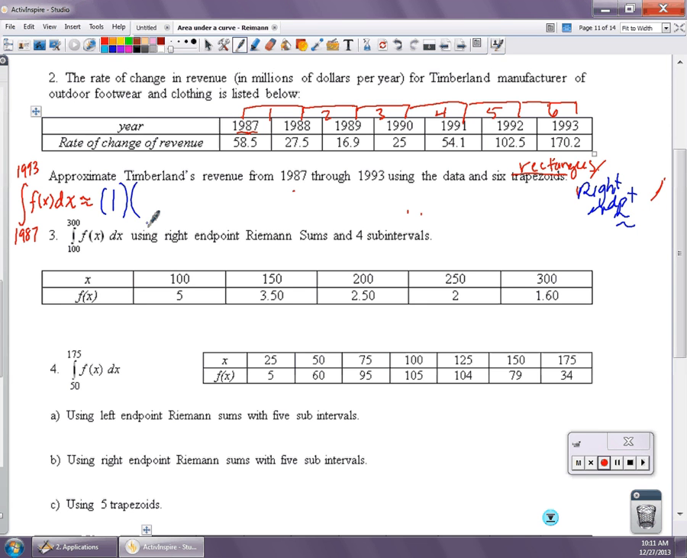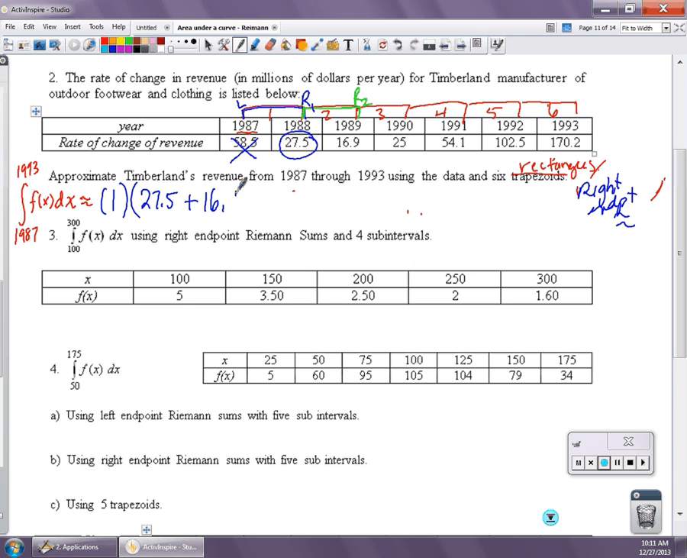Now, the width of the rectangles is still a common 1. You can see that, but when we do a right endpoint approximation, 58.5 is not on the right-hand side. Remember, look at the rectangle. This is the left, and this is the right of the first rectangle. So the height of the first rectangle is 27.5. Then when we go to the second rectangle, the second rectangle is here. So the first one was right endpoint number 1. Now on the second one, this is right endpoint number 2, or the height of the second rectangle,